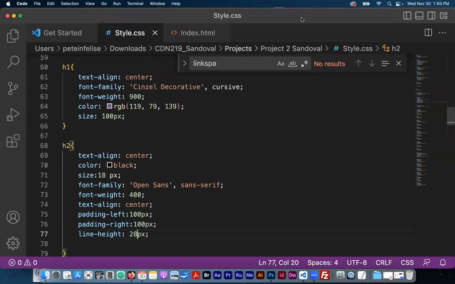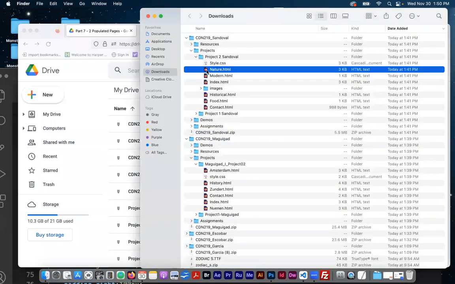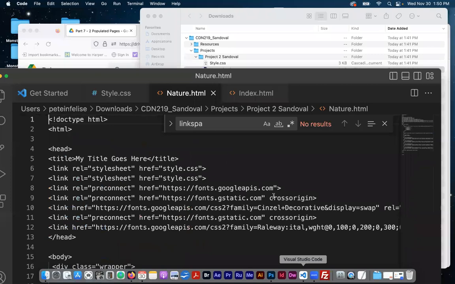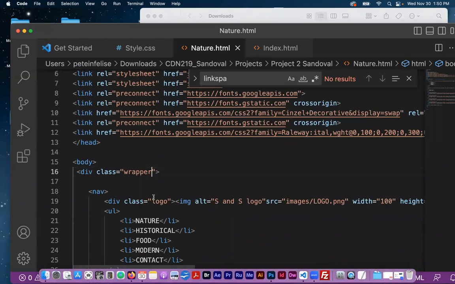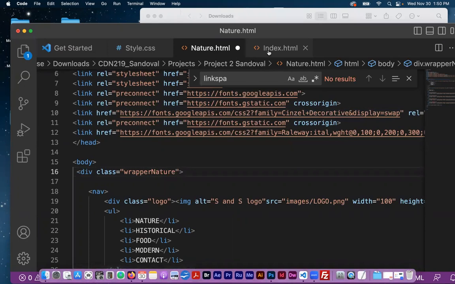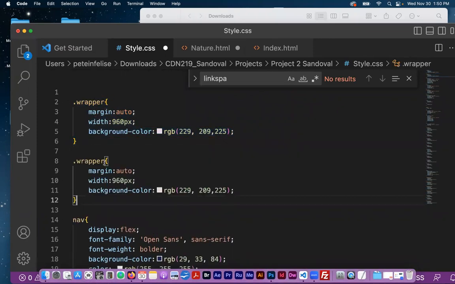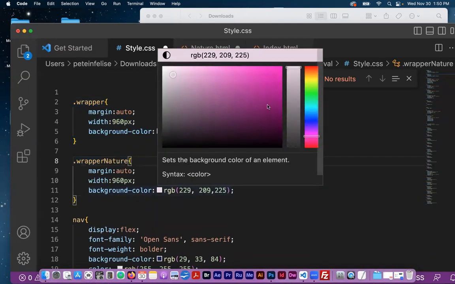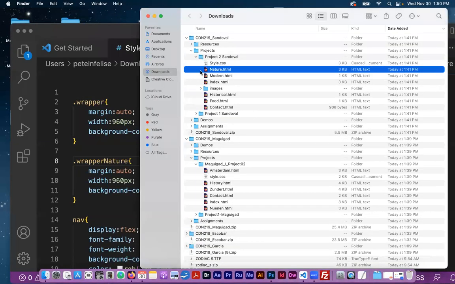I am going to go ahead and open up another page. Let's say nature. We'll go to the wrapper here on your nature page and change the class name to wrapper nature. Then I'm going to come over to your style sheet and find the wrapper. I'm going to copy it, paste it, and change this one to wrapper nature. Then I can go in here and change the background color for that, let's say to another color. Save that. And now your nature page,